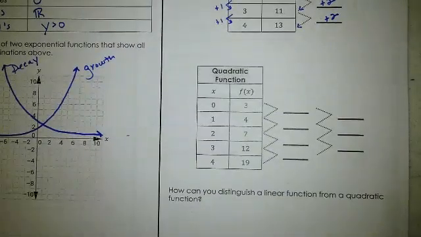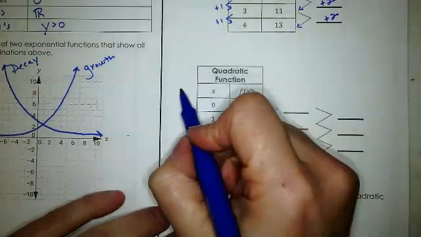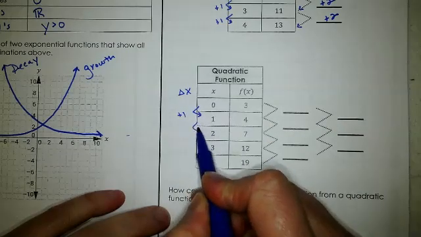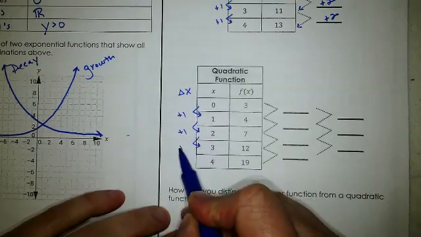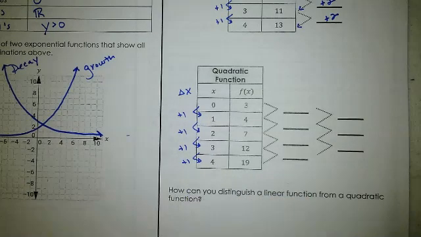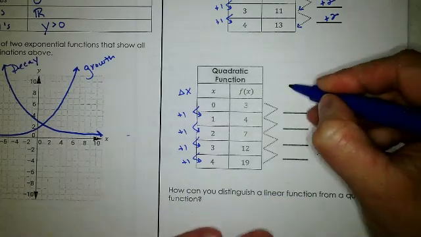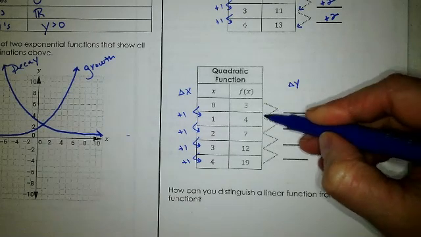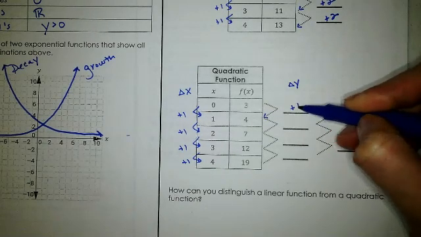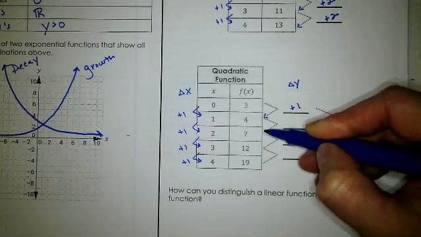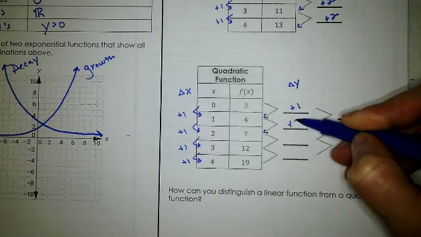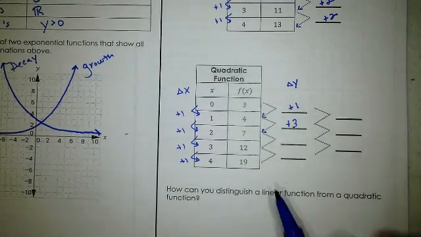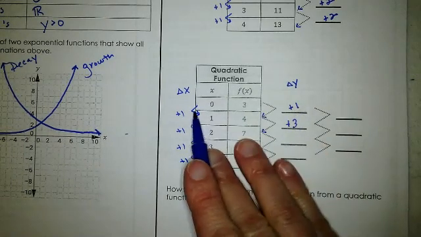Whereas in a quadratic, our change in x looks like they're adding 1 each time. And now let's go look at our change in y. So to get from 3 to 4, I add 1. To get from 4 to 7, I add 3. So right now, we already know that this isn't linear because the change in y divided by the change in